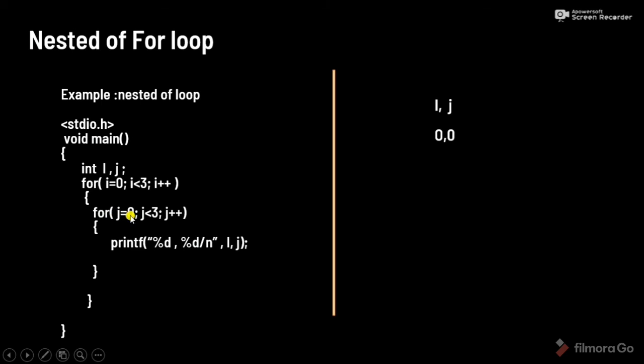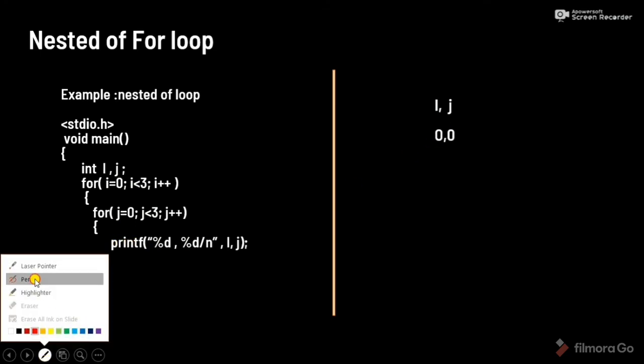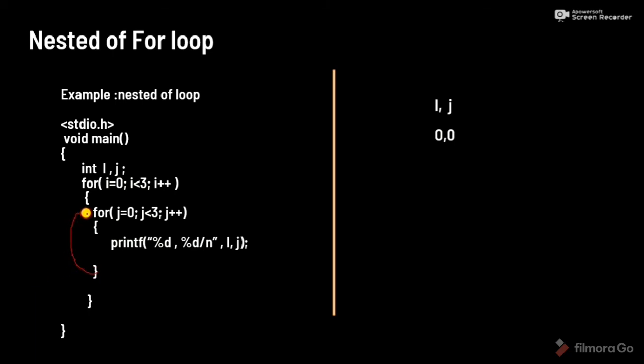And here we are checking j is less than 3, and 0 is less than 3. So this condition also became true, and we entered into this statement. So we are printing the value of I is 0 and the value of j is also 0. Now control goes to this loop, and the value of j became 1 because 0 plus 1 is 1, and 1 is less than 3. The condition is satisfied, and it will print 0 and 1